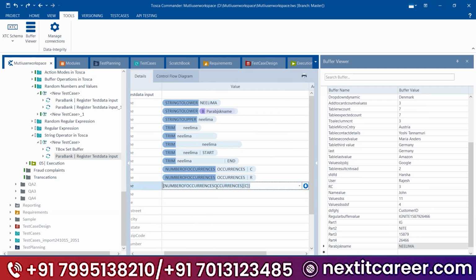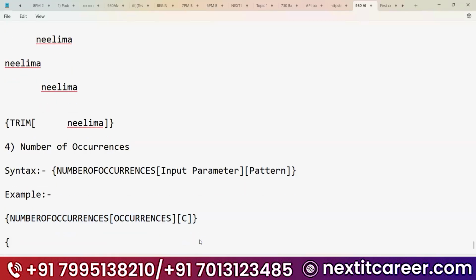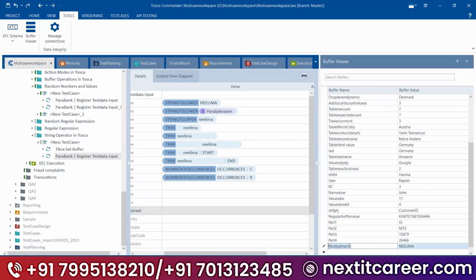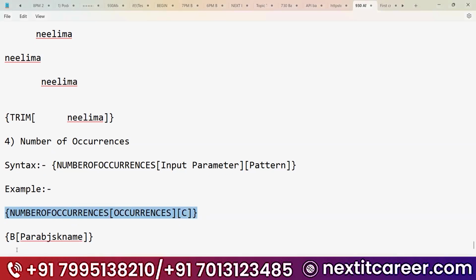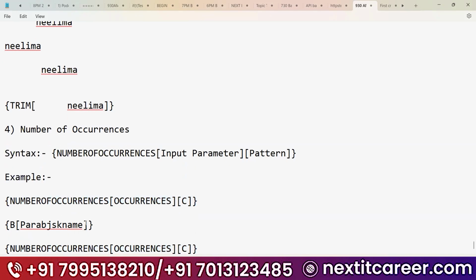So this is the, see, I don't know what it is doing. Okay. See here, come here. So I will use curly bracket, capital B, open bracket and close curly bracket. And I will take this buffer and I will paste it over here. Okay. Now what is the syntax? Copy the syntax. See, I'm just telling you, in place of occurrences, place the buffers.